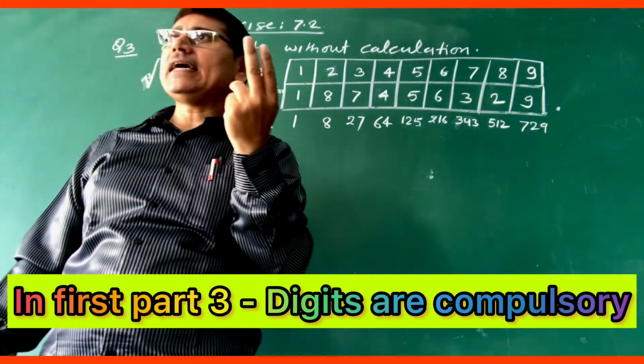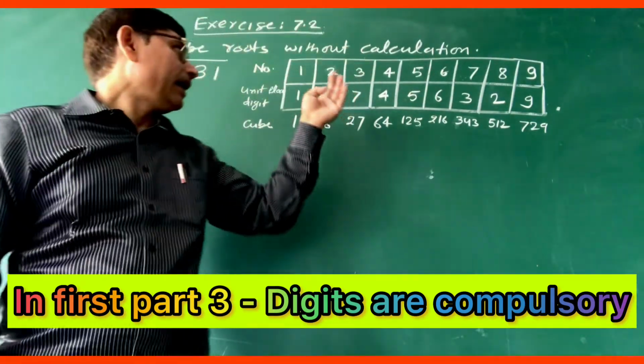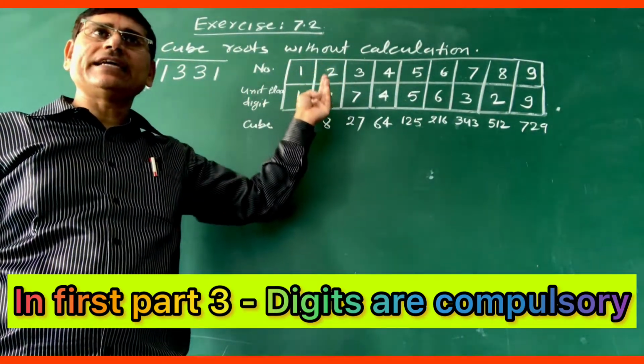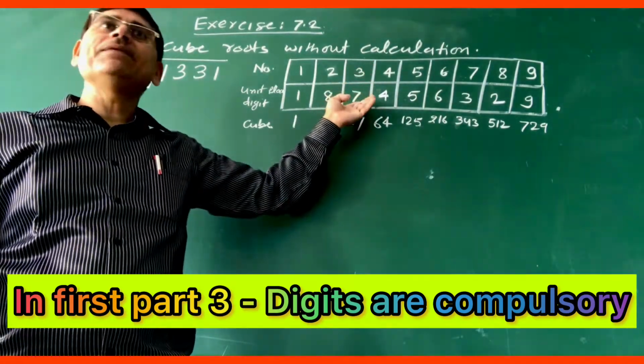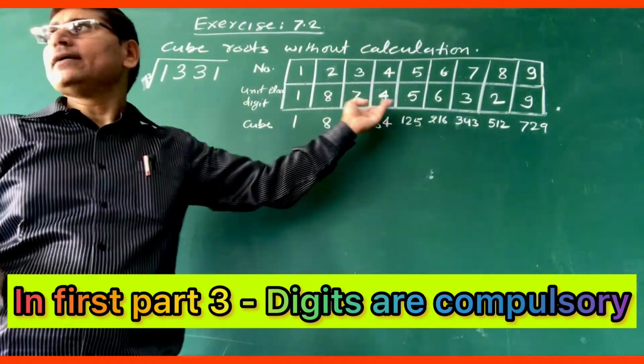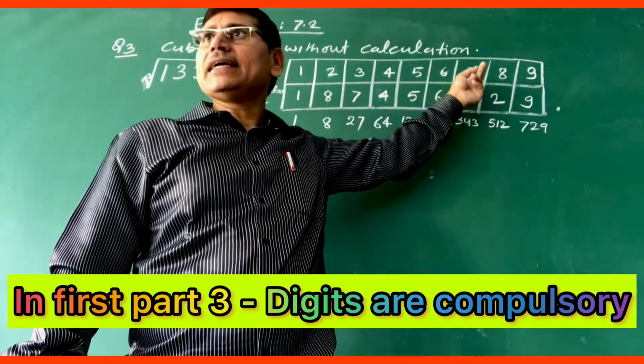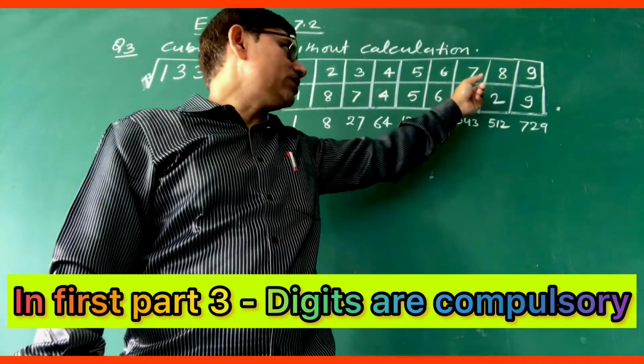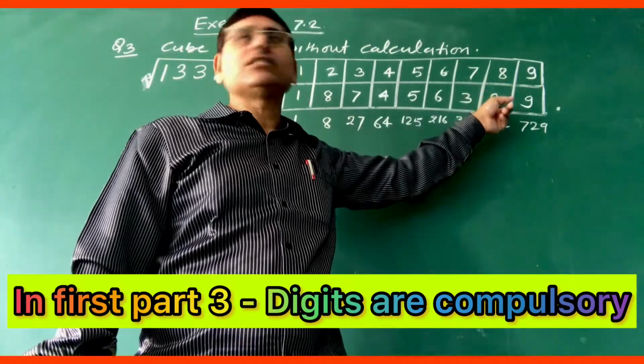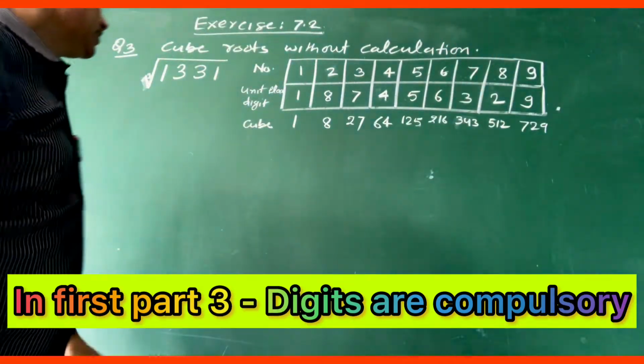What you only have to remember is 2, 3, 4 and 7. Cube of 2 is 8, cube of 3 is 27. Even if you don't remember, you can find it. What to remember: 7 gives ones place digit 3 and 8 gives ones place digit 2. Very nice. Now come to the point.